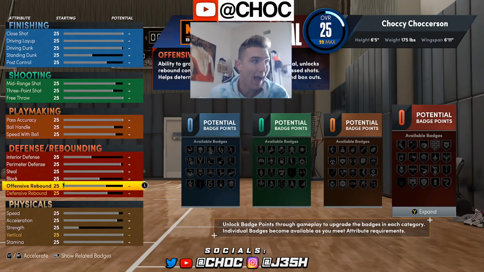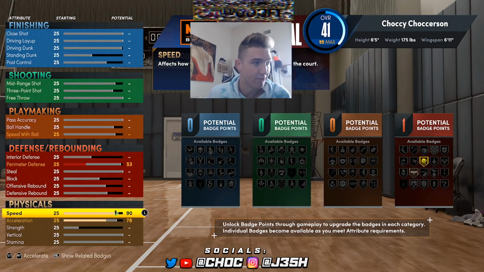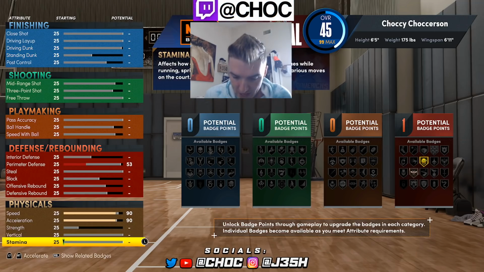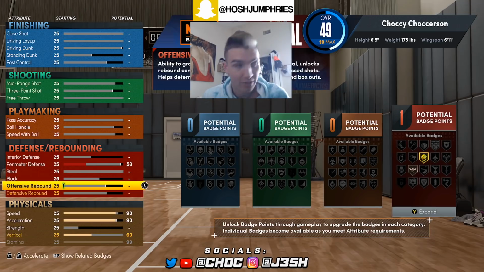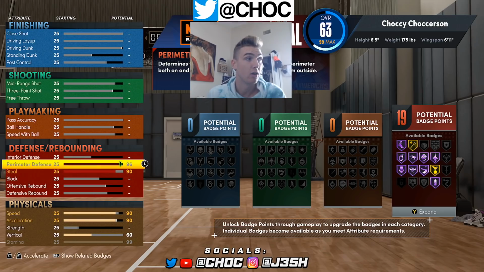As always, I like to work bottom to top on this build system. I don't know, it just makes it a lot easier for me. 90 speed, 90 acceleration. And then you're going to go ahead and do 99 stamina and a 60 vertical, okay? That's your start off for this build. Now, defensively, boom, 90 steal, 90 perimeter. So already you guys can see a 90 steal, 90 perimeter is going to be solid on the defensive end